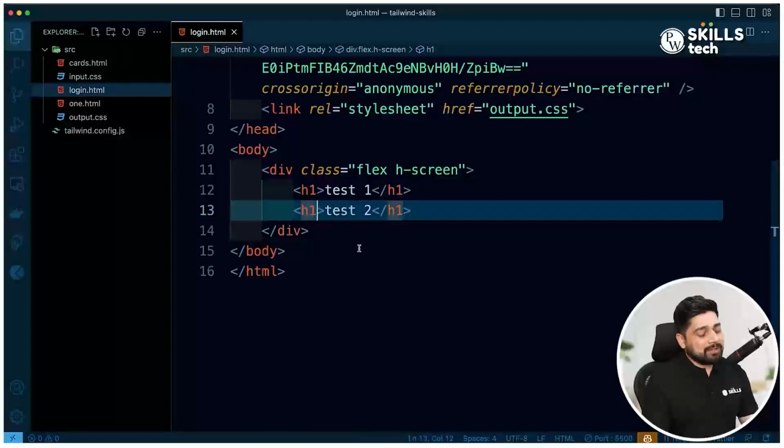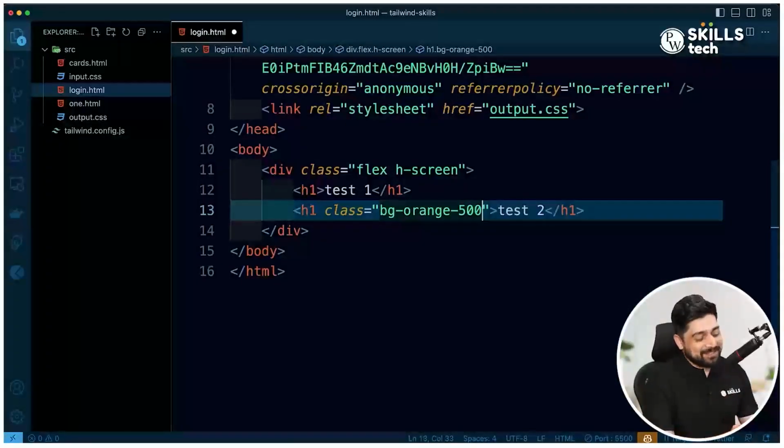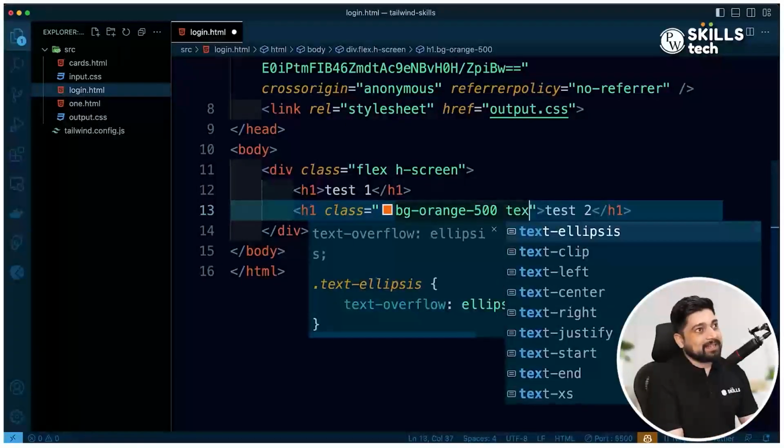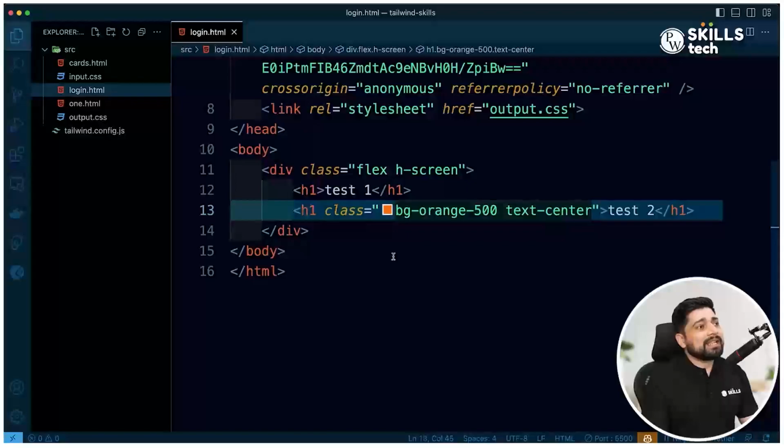We'll also give some color to this one so that at least we can see what's there. BG-orange is always a great idea. These days I'm loving this color. What can I say? And we'll also say text-center just for no reason, just so that we have some things here. All right. Now, since this is a flex one, now another challenge in front of us is to have